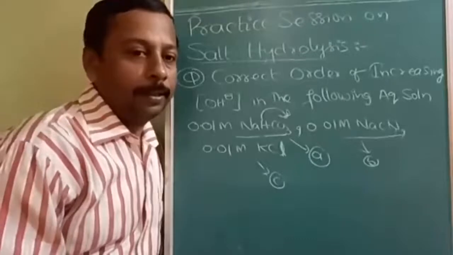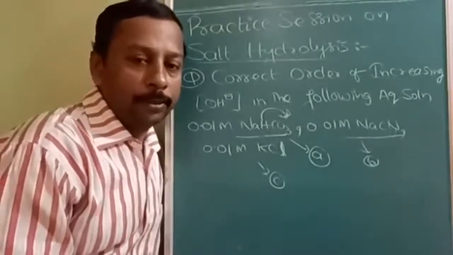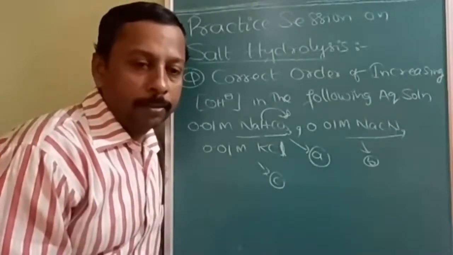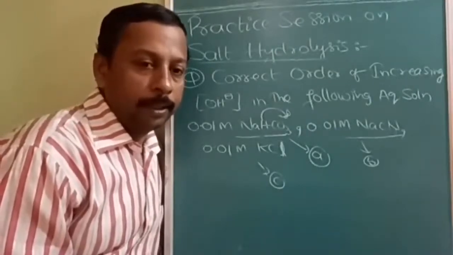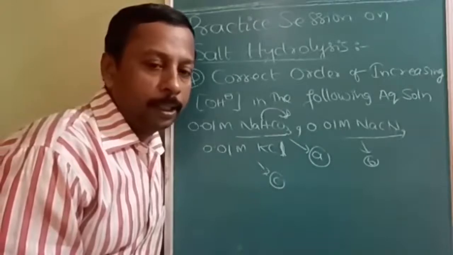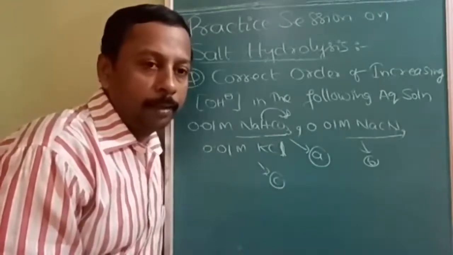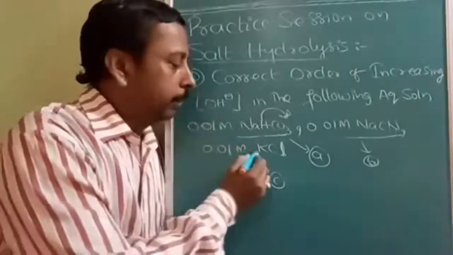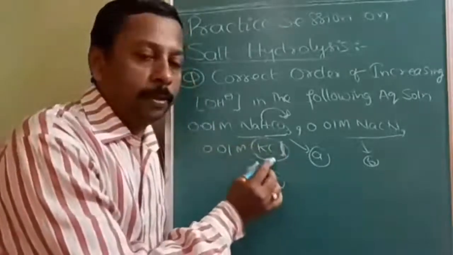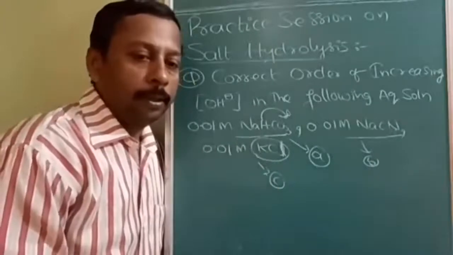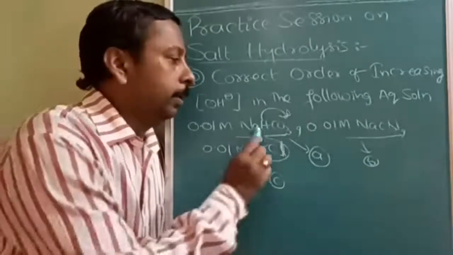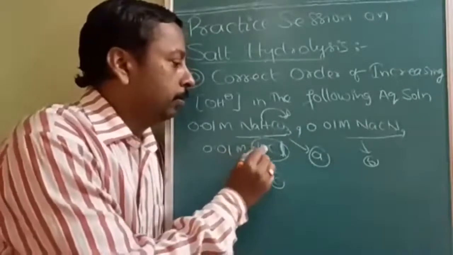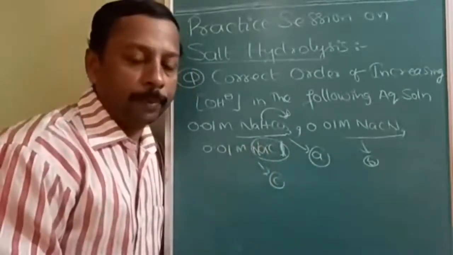Okay, see here. This is just a similar question, but the way of asking is the other way. In this question, what is given is NaHCO3, NaCN and KCl. Three things are given. And this will be pH 7 because both are strong. So the main problem is with this one and this one. Even if NaCl is given, no problem. The answer will be the same.